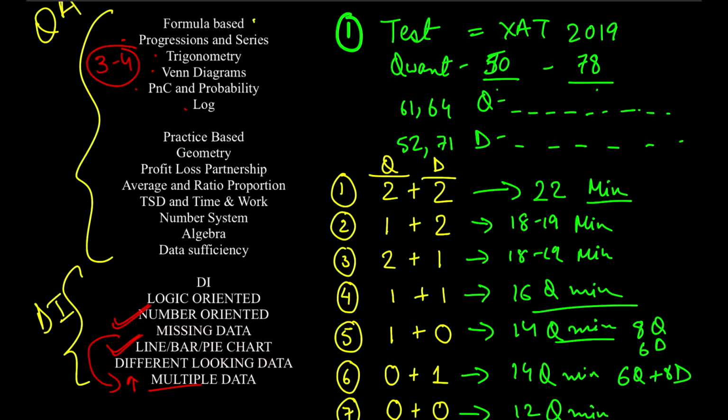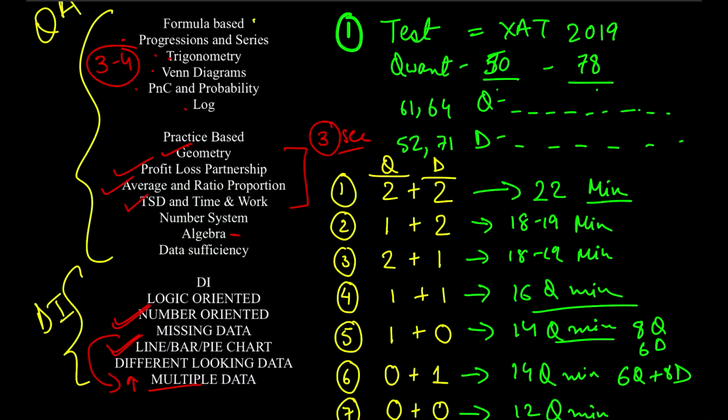And in the practice-based questions, please give your full attention to geometry, profit and loss, average and time speed distance. Now out of these you have a choice that you can focus on any 3 sections out of the 4 which I have ticked. Whichever 3 you like, you feel comfortable doing, please go ahead and do that. If at all there are some exceptions who find that, okay, I'm not good in quants, but I believe my algebra is better than my TSD, you can take that also. Take any 3 topics from the practice set and practice it on a daily basis, but finish these 5-6 things